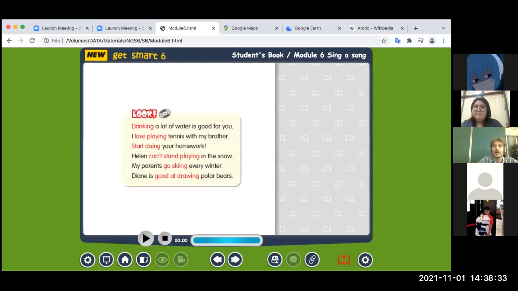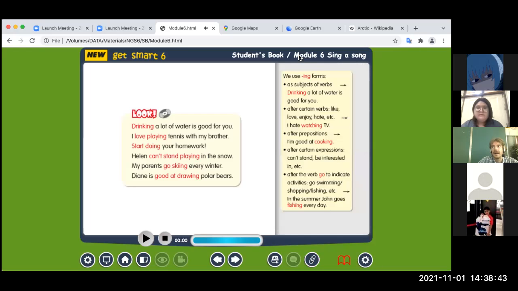I want to encourage you to look in your student book. At the end, there is a grammar reference, and you can look up where we can use ing forms. We use the ing form as the subject of verbs: drinking a lot of water is good for you.